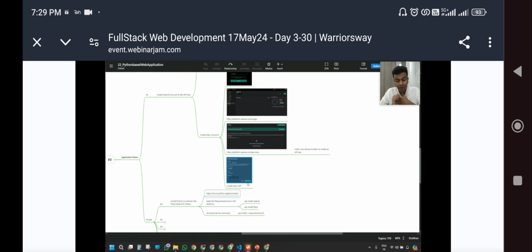If it is asking for phone number verification, please do it with an OTP. Once it is done, you create your new API key and copy it somewhere in a notepad, because I think you can't copy it again. Save it in a notepad secretly. Whenever we build a project, we are going to use it in our code to build our application.